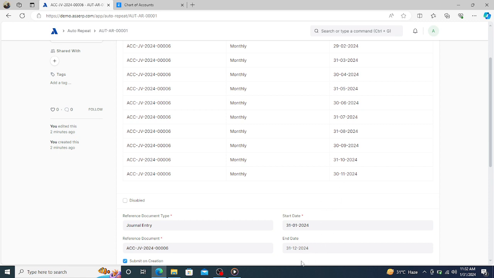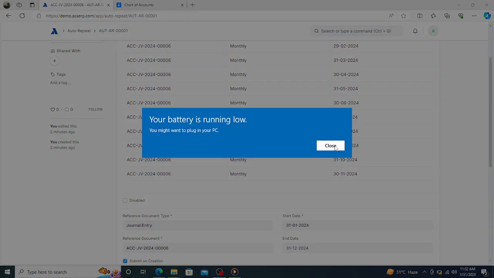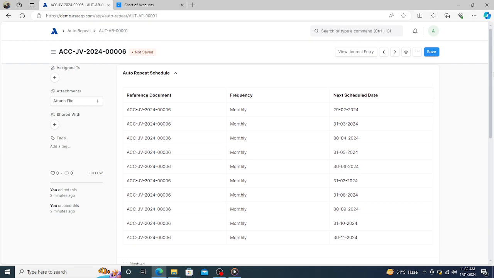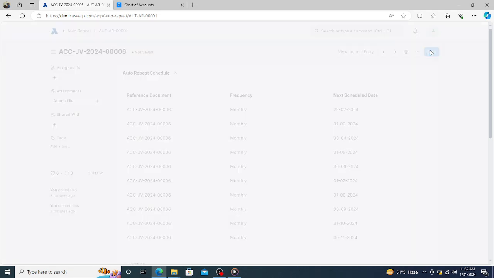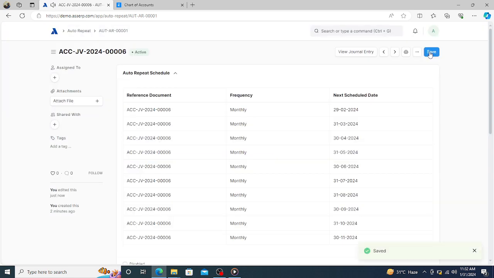The system will recognize this December because you have specified the date. But the December schedule is not here. Once the system gets here, the next one, December, it will be posted. So it has been tested and proved. So that's it for auto repeat. You now save it. Save it. Good, it's saved. So at the end of the month, the system will begin to submit it February, March to December. Once December is submitted, the status of this auto repeat voucher will change to